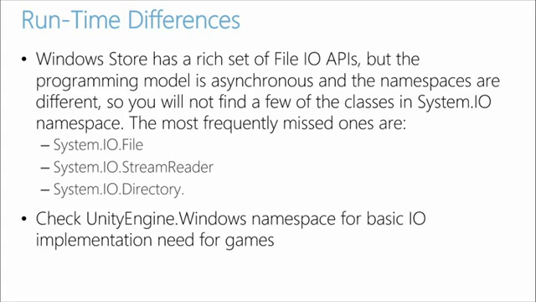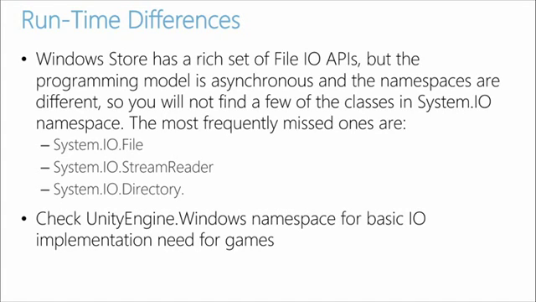Some of the runtime differences that you're going to bump into is around the file I/O APIs. The reason for this is the programming model is asynchronous, and the namespaces are a little different. So that's why you're going to bump into some of these issues. You're not going to find a few classes in the System.IO that you might be expecting. Some of the frequent ones that you're probably wanting to use are the